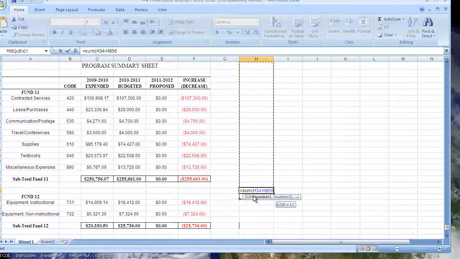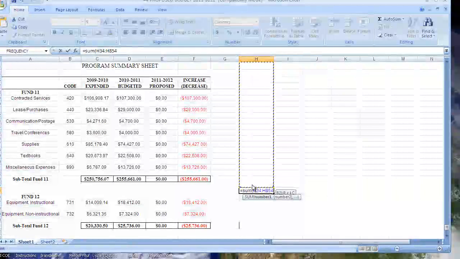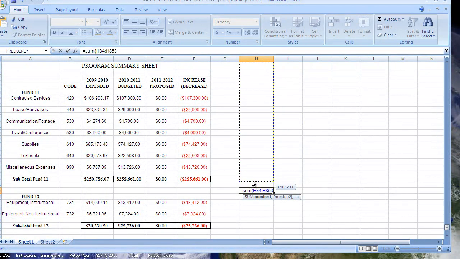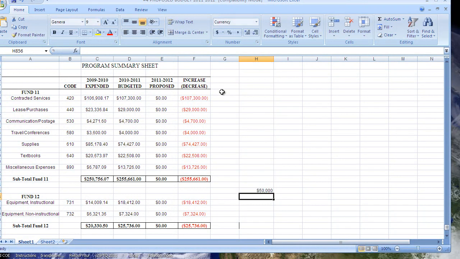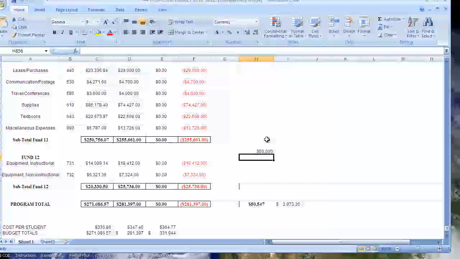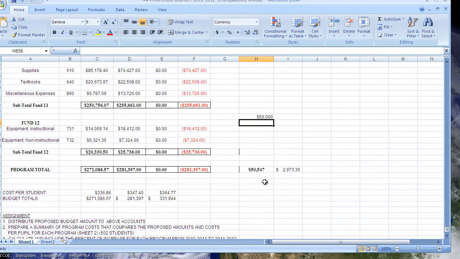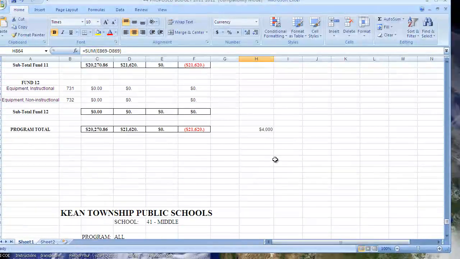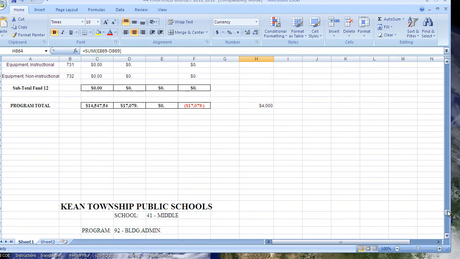There's the cell we're working in. We don't want to include that in what we're dragging down. We'll stop it in the cell just above. So we're including all the numbers from H34 to H854. We hit enter, and wow, look at that. $50,000 and $50,547. So I'm just going to go up to the biggest category, which I think was language arts,